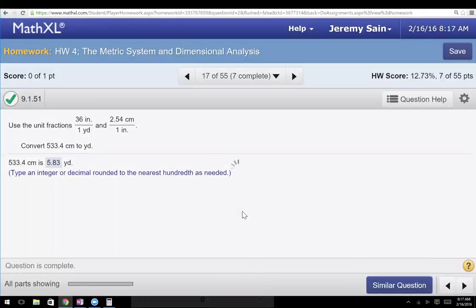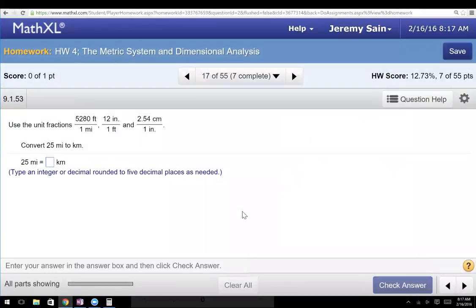Sure, let's do one more like that with the conversion factors. Okay, we're wanting to go from miles to kilometers. So we've got several things involved, but